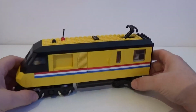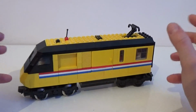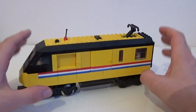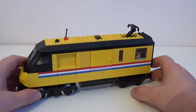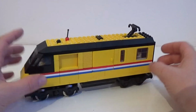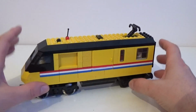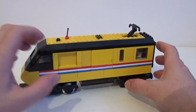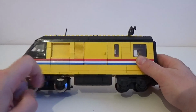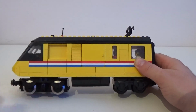Okay guys, so with regards to the Locomotive, I literally took the instructions of the original set and tried to build a build that was as accurate as possible to the original one, with the only difference that the color of some of the bricks would have been different. Still, it didn't turn out exactly the same, and now I'm going to point out the two main differences. The two main ones are here, this bottom base that is not